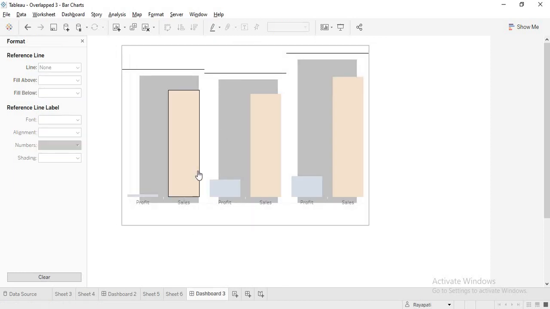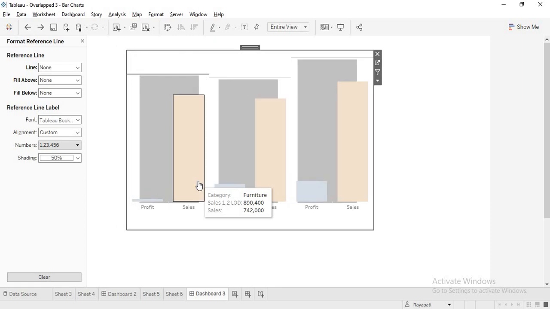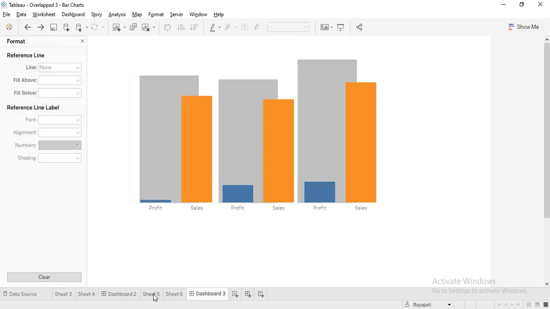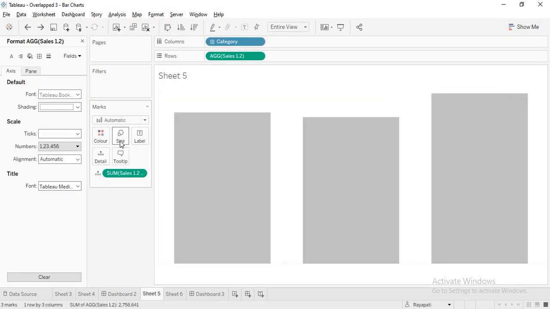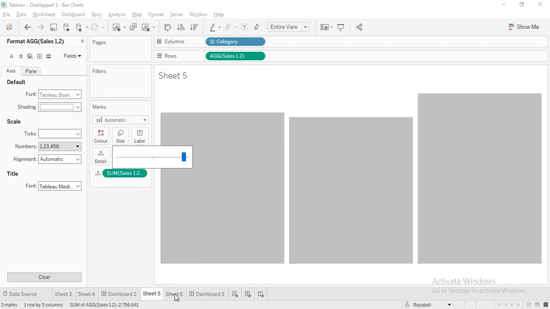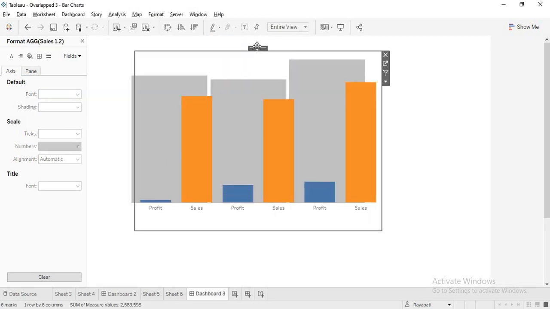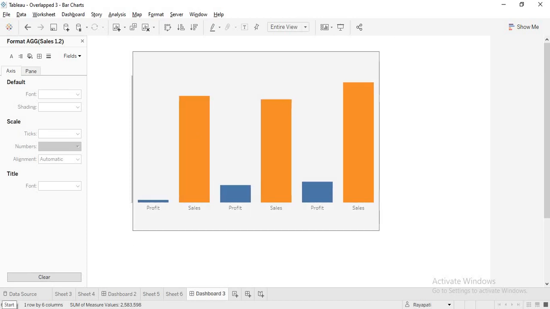Okay, before doing all this, let me do Control Z. Now before doing all this, I want to increase the width of it first. Okay, now coming here, it is a bit this side, so I'll just try to move it a bit.